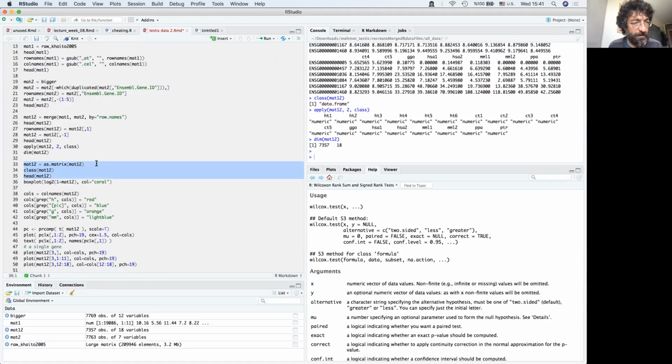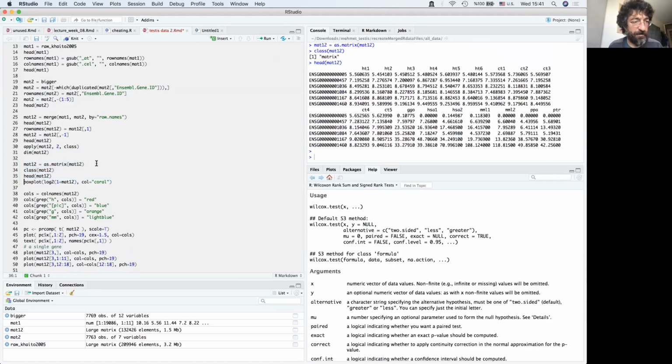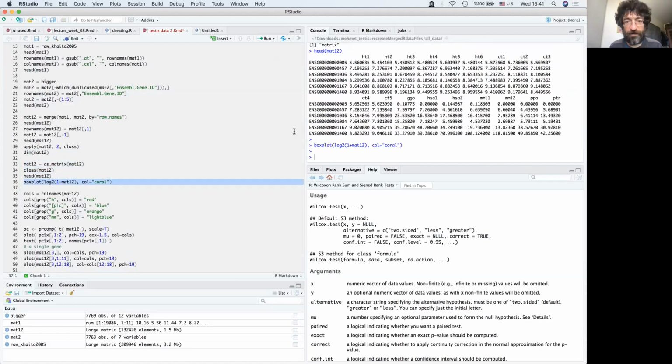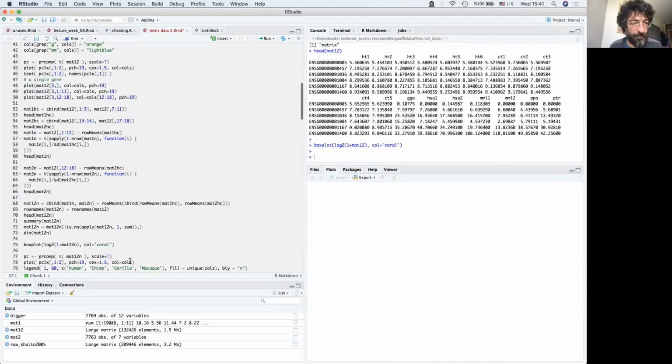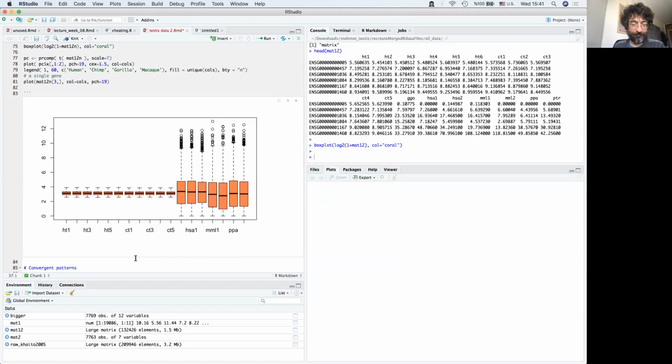Let's do that. So we have the same thing. And if we then draw a box plot, my box plot is somewhere here. So what do you see? These are the microarray data, log transformed and normalized. And this is the RNA-seq data.